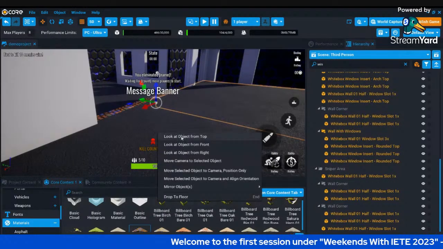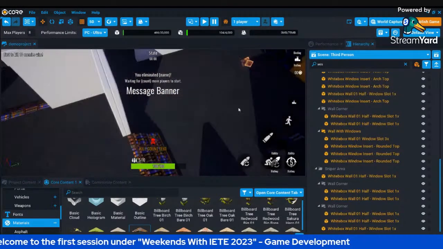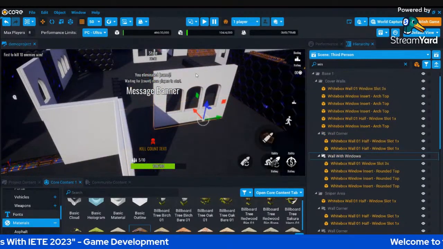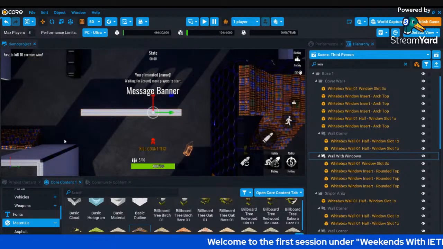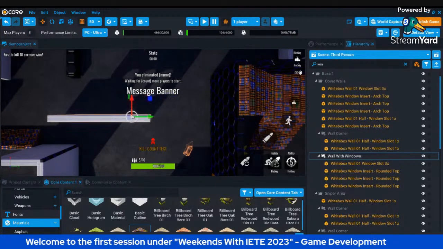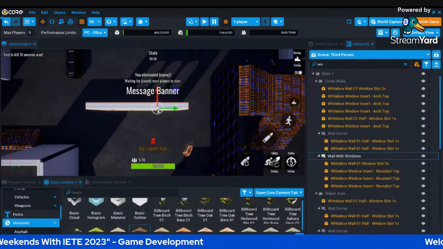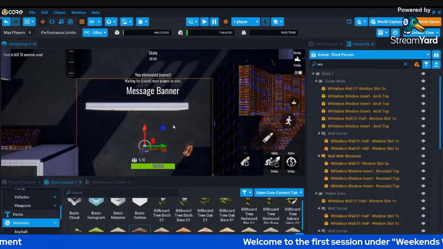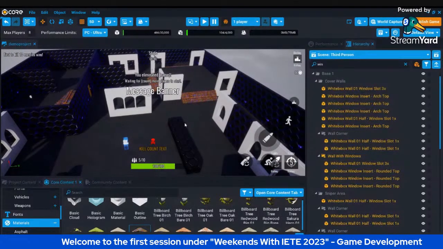Now you can look at the object from top. You have various features where if I click, you can look at the object from top, whichever object you select. Now, if I'm selecting this particular wall, I'm going to right click and then select that. Look at the object from top. You can see this object. You can change it, you can scale it, you can place it anywhere, wherever you want. You might have learned this in graphics, the students who are in second year. You can apply your knowledge and skill set in designing games.